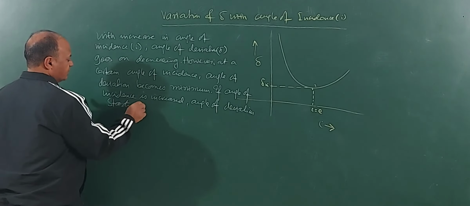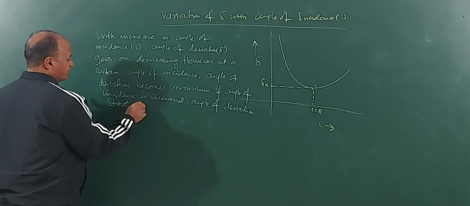We have written everything out here. With increase in angle of incidence, angular deviation starts what? Decreasing and goes on decreasing. For a certain value of angle of incidence, angular deviation becomes minimum. If we increase the angle of incidence beyond this point, then angular deviation again starts increasing. So this should be borne in mind by you. How? With increase in I, delta will decrease. For a certain value of angle of incidence it will become minimum. If we increase angle of incidence more, the angular deviation will go on increasing.